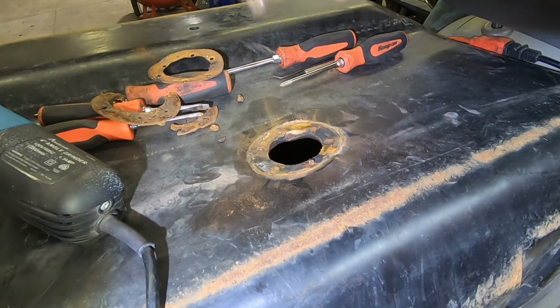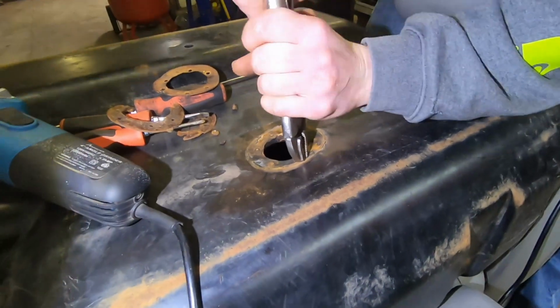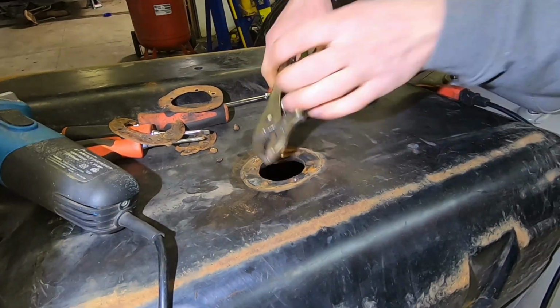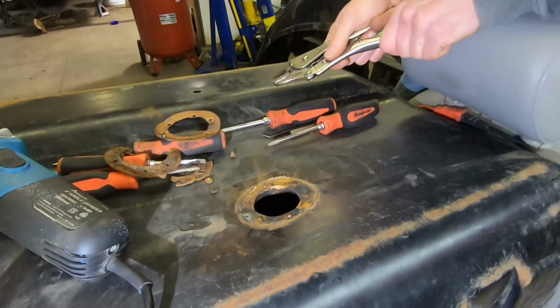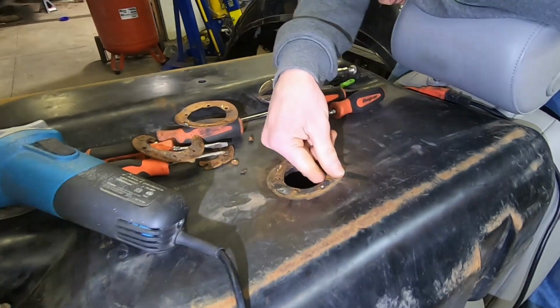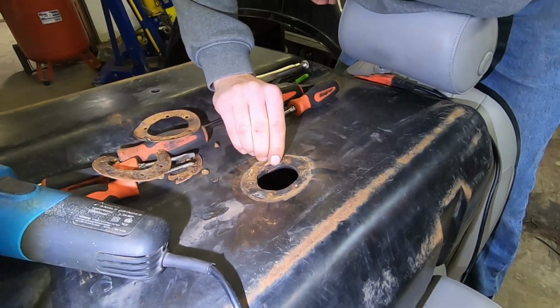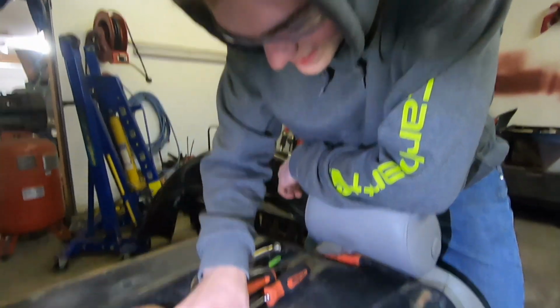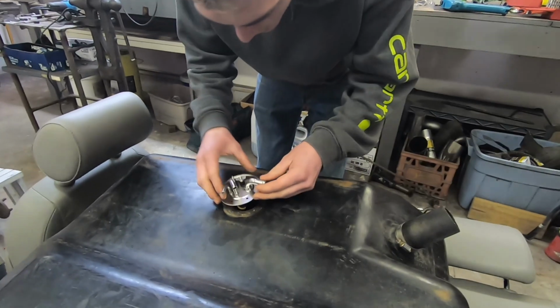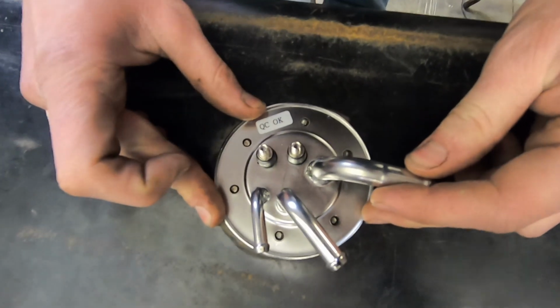The one that I cut all the way, I can put vice grips on. Broke it again. Nice. They're like, use plastic gas tanks, they won't rust. Okay, but what about this? So, get in nice and close and you can see all the broken bolts line up perfect, which is kind